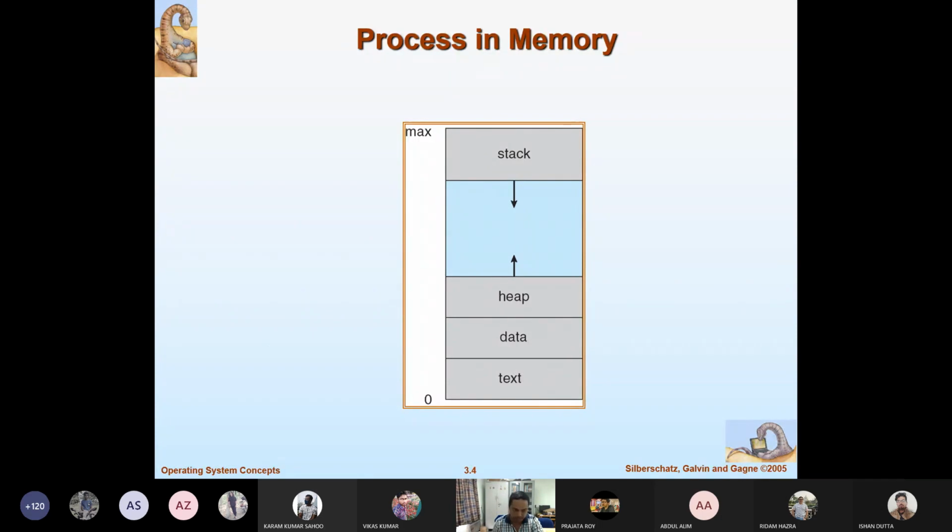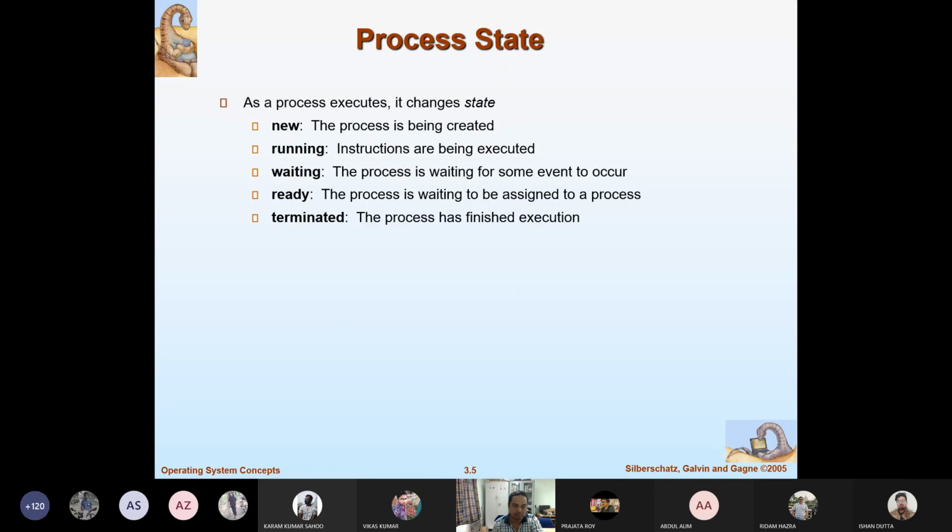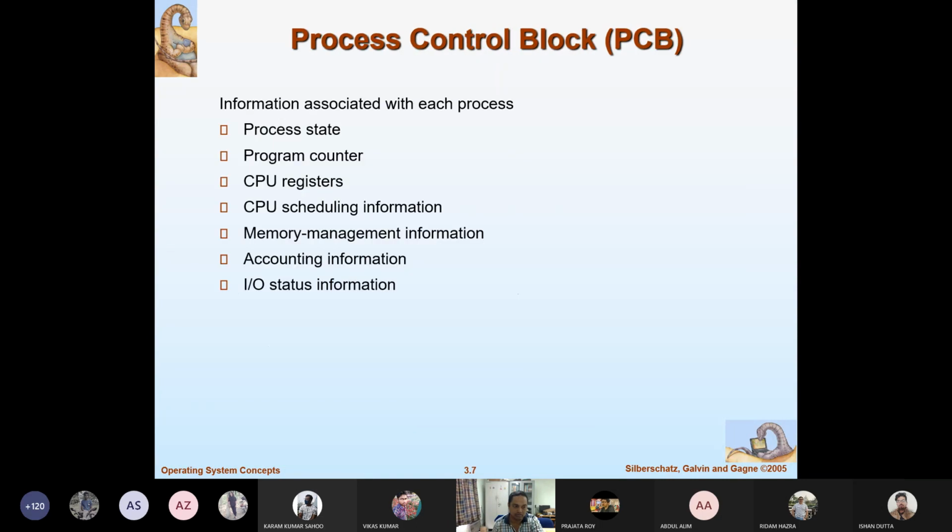Now why? I will be coming one by one. Before that, another thing will be created that is called process control block. The way, when you, after clearing your joint entrance exam, take admission in NIT Durgapur,